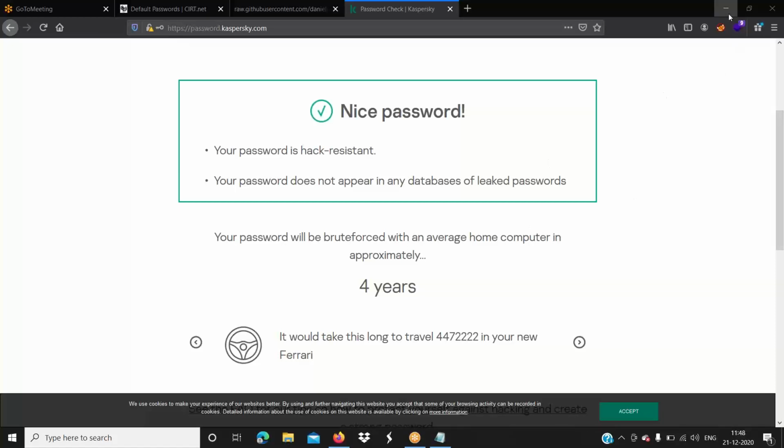So what exactly is a brute force attack? Brute force is generating all the permutations and combinations of the password and checking them one by one.